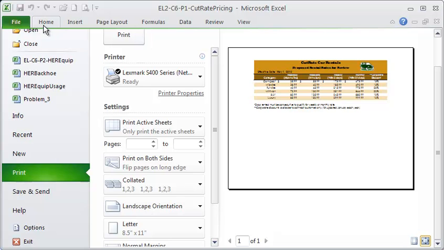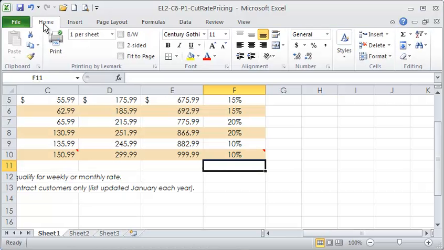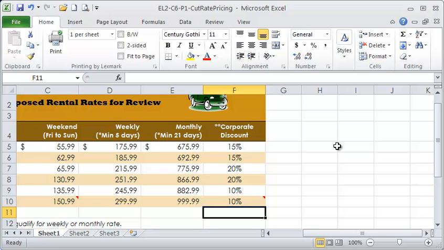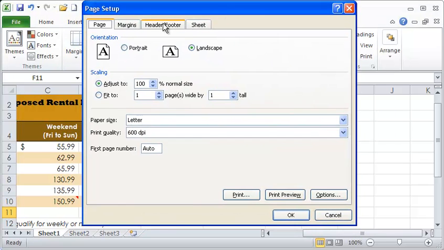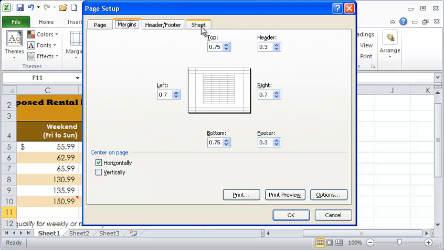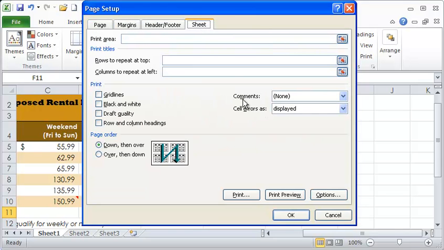Now, if you wanted your comments to print, there's a couple of ways that you can do that. Let's go into the Page Layout tab, and launch the Page Setup dialog box. In the Sheet tab, the comments right now are not set to print. It says none there. But if I click on the drop down arrow and say at end of sheet, and do a print preview,